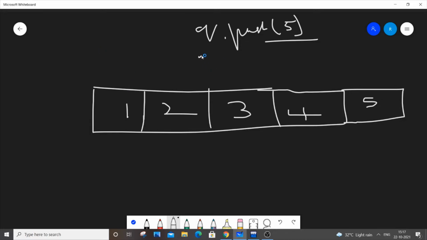And if I do q.pop, I'm going to get 1 as the output. 1 will be removed from my queue, and I can't delete the last element. I can't remove 5. In order to remove 5, I need to remove 1, 2, 3, 4, and only then can I pop out 5. So these are some of the disadvantages present in a queue. In order to give more functionality, we have got the deque.